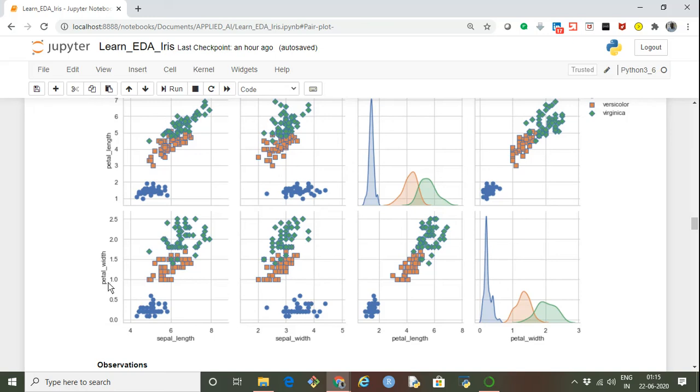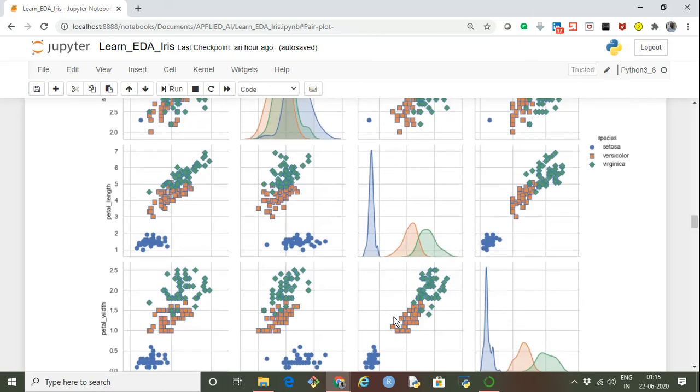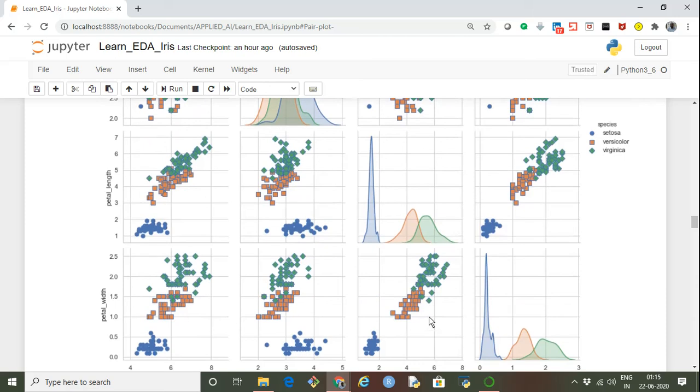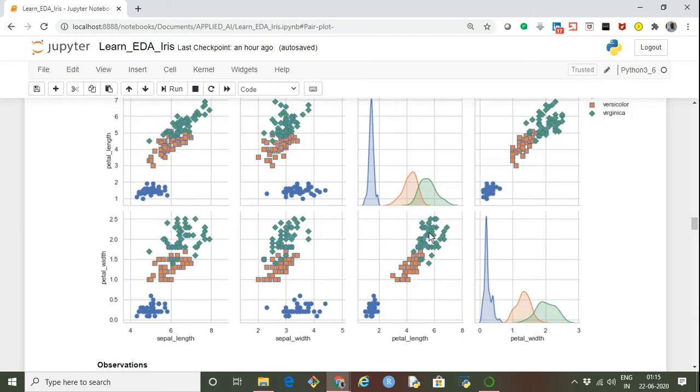Similarly, between petal width and petal length, blue definitely distinguishes setosa, and versicolor and virginica are also separable. There is very little overlap, but otherwise there are a lot of distinct data points for the combination of petal width and petal length.